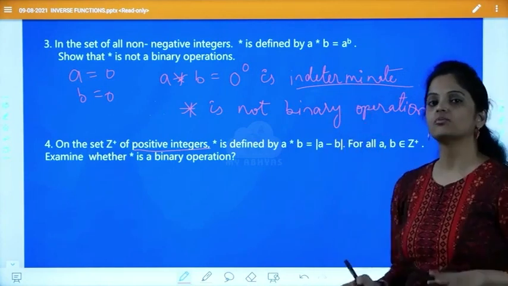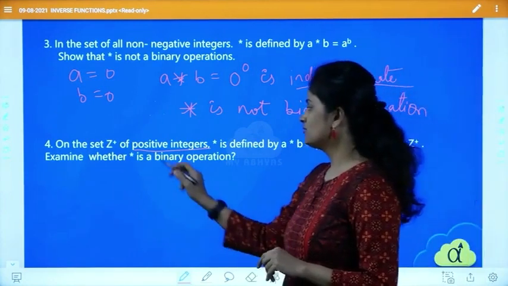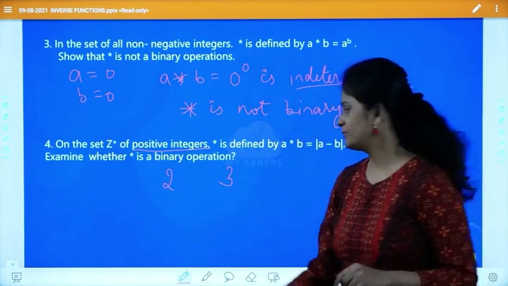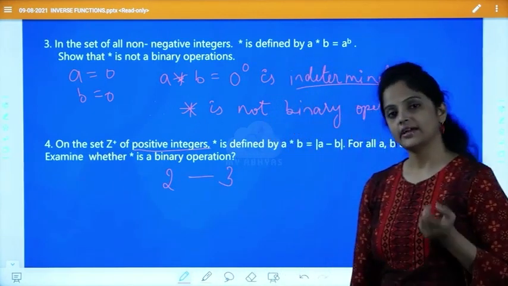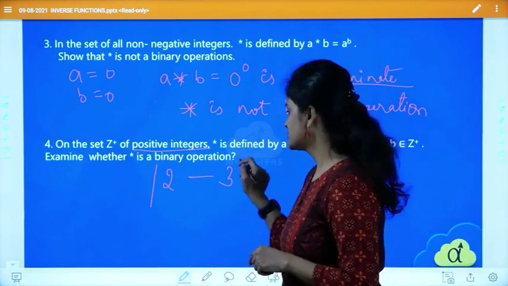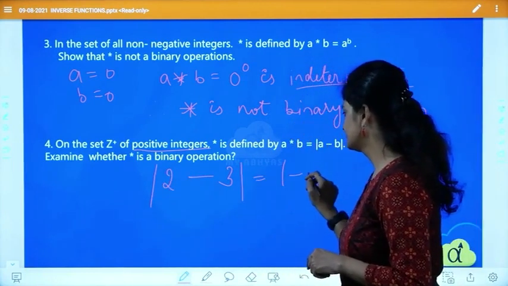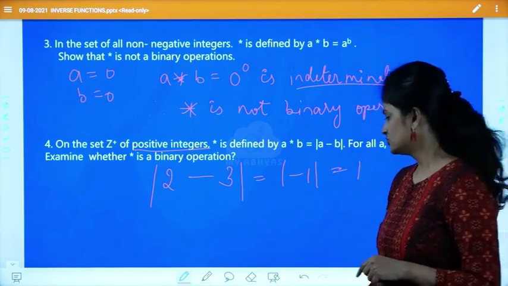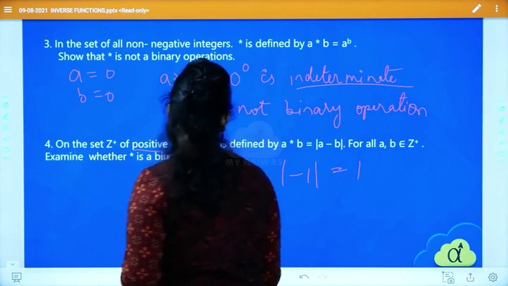Correct? But we have mod. If I am taking one positive value and another positive value, and on subtraction I am getting negative, it is within the mod. So I'll get positive, correct? So this is always